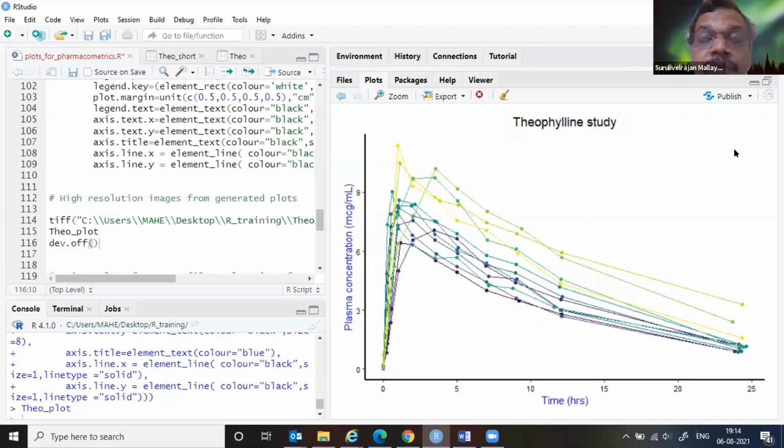There is a way to add multiple panels, like 2 row, 2 column boxes, or 2 row, 3 column boxes, with various subsets of data. If you want to present it differently, you can do that as well. It all depends on subsetting the data and adding it as another layer, a small plot.